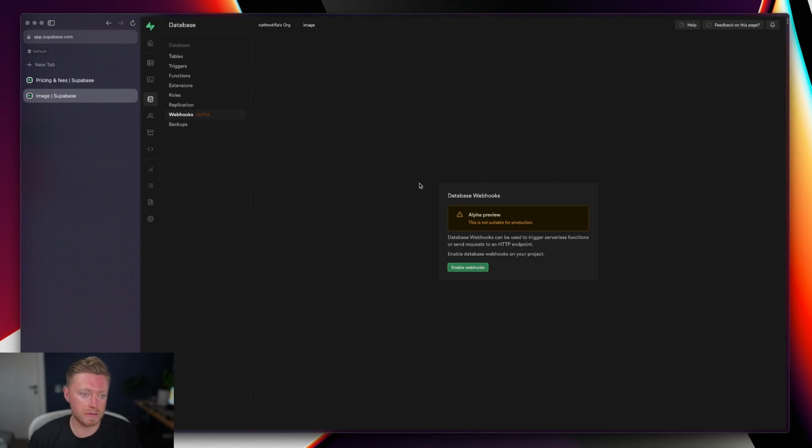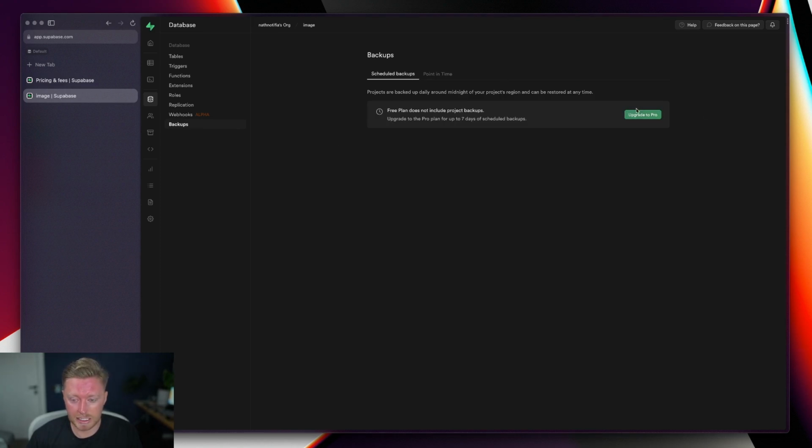But again, the negatives of this are that it requires more time to set up. You also need to handle your own security and everything. It's not going to have the record revision history or anything like that. You're going to have to set up backups here, and for that, they charge for the pro plan. But yeah, if you were looking at working with large amounts of data that Airtable cannot handle, this would be the tool that you